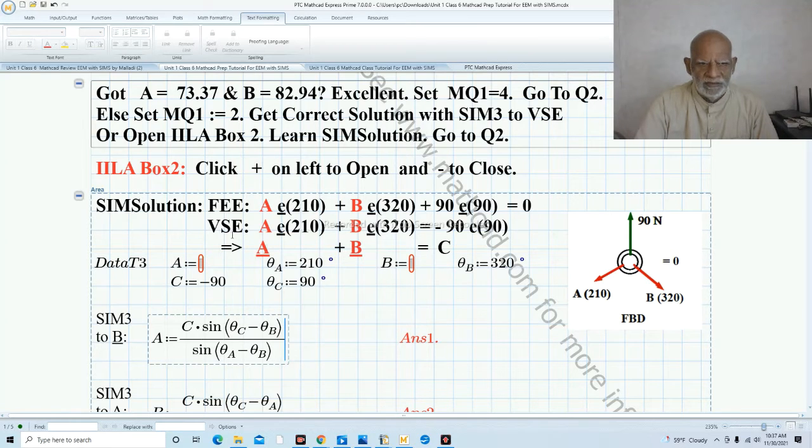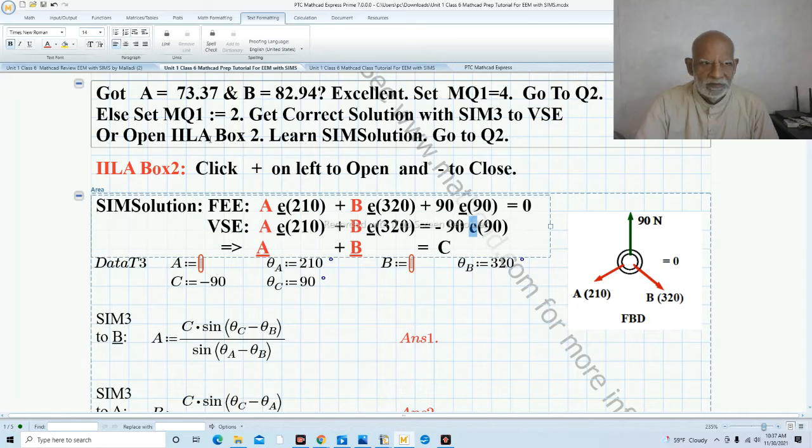Now we rearrange this into VSA, vector simultaneous equation. Unknowns on the left and knowns on the right. So make sure that you change the sign of this. You don't have to change the angle. Okay, now this is data 3, that is 2 magnitudes are unknown, so therefore we put the data here